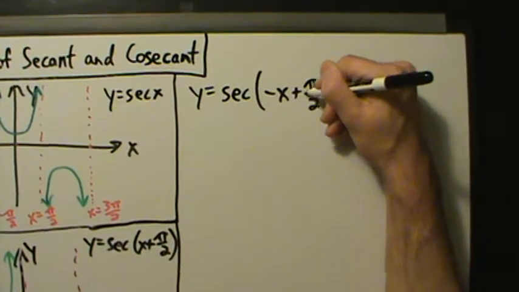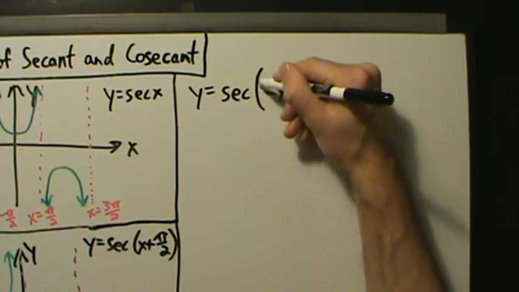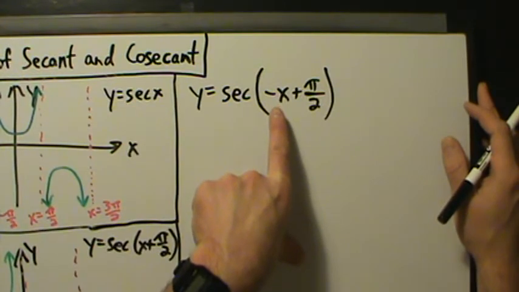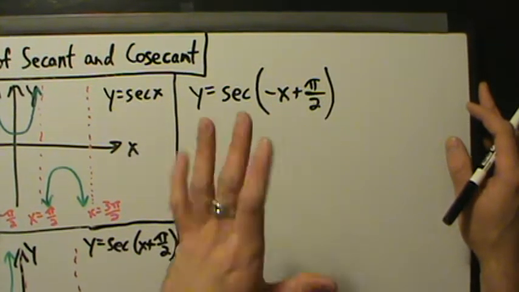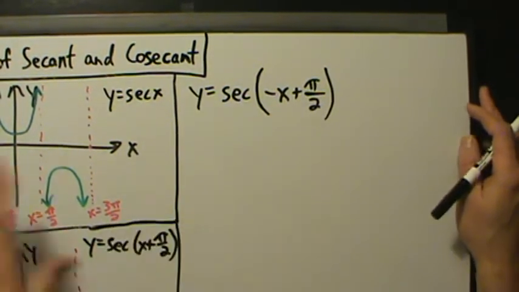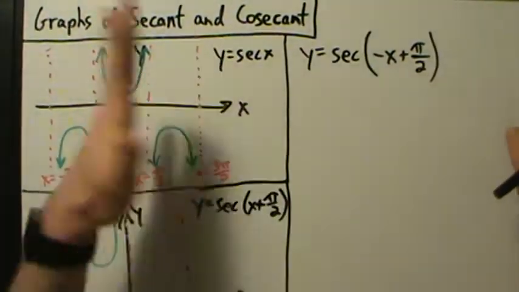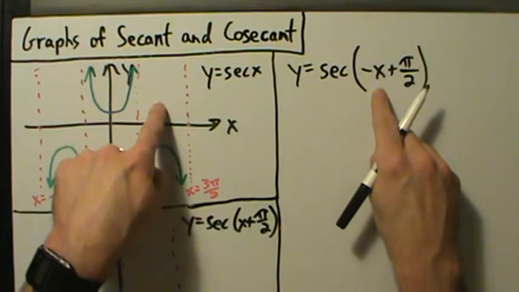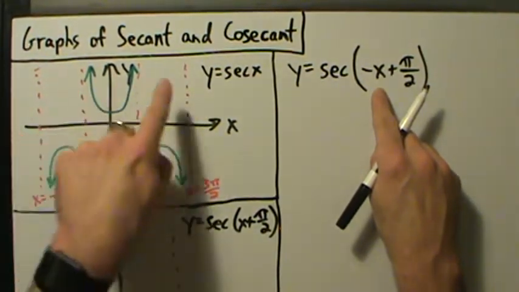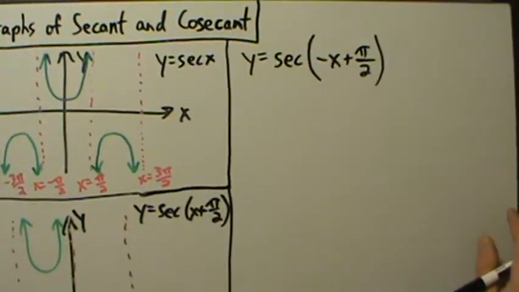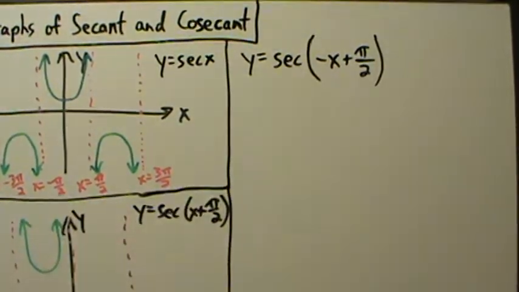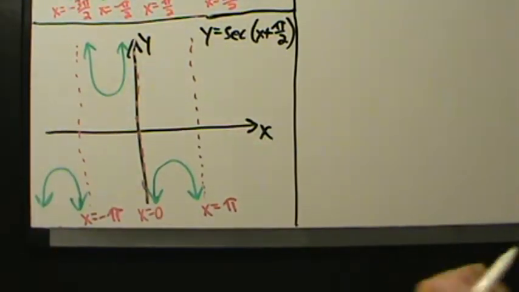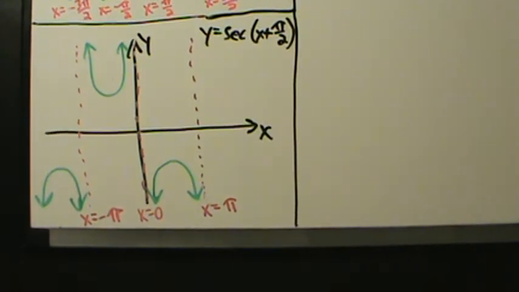Okay, so remember from pre-calculus, college algebra, from those days, that if you put a negative sign in front of the x, basically that's like multiplying all your x coordinates by -1, more or less. So if you do that to your x coordinates, then you reflect over the y-axis. If I have an x, I make the x negative, then instead of going to the right, I go to the left. So reflect over the y-axis. Again, secant of negative x plus pi over 2. I'm going to take this graph here that I just made and reflect it over the y-axis. So then what I'm going to get,